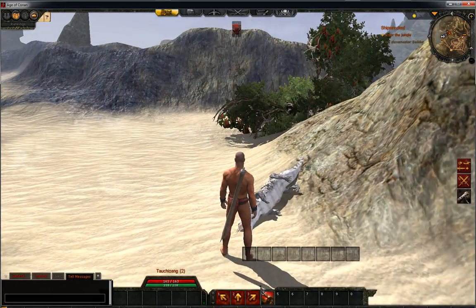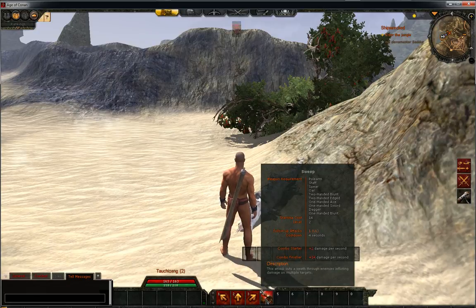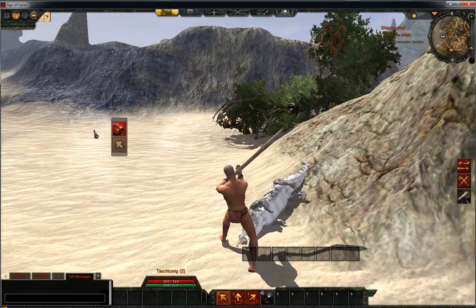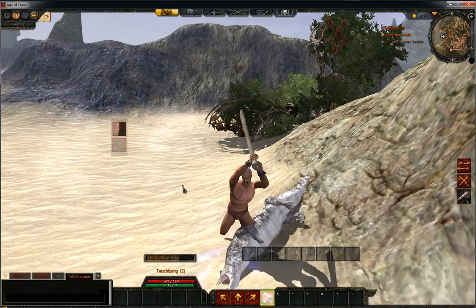Okay, now we're at level 2. Now we have a combo. This is where it starts. This is where you start using combos. So if you click the combo, you see the combo indicator, and that's